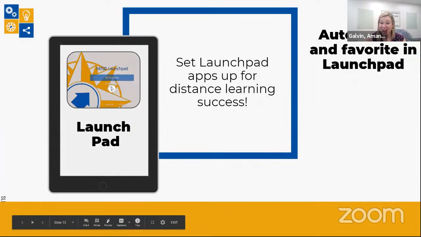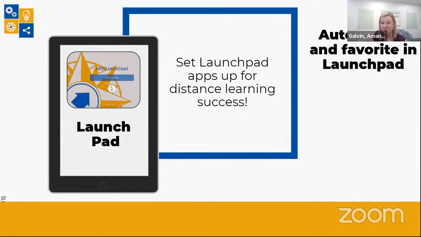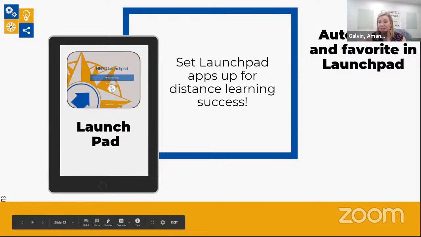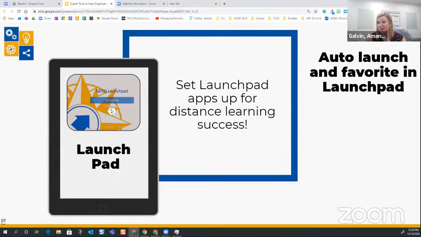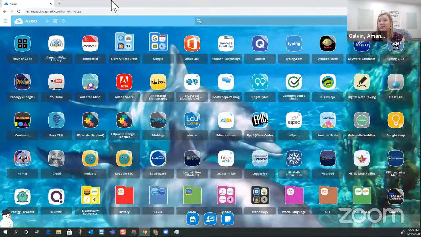Launchpad. This is an app that we use pretty frequently with our students. It helps students with what we call single sign-on. So when a kid goes into that application and clicks on Google Keep or Google Calendar or Seesaw, it automatically signs them into the app and they don't have to remember a bunch of different passwords. So we can actually make Launchpad work for us by pinning and favoriting